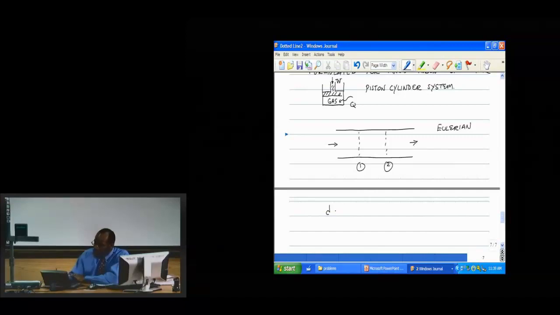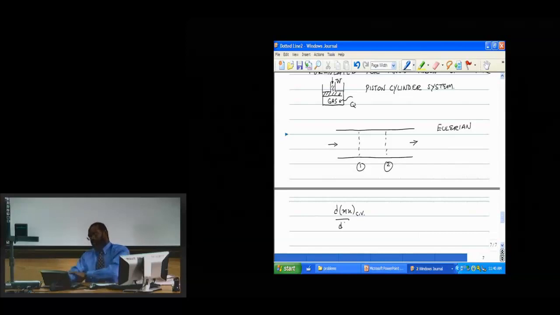All right, so the Eulerian representation of this is going to be d(mu)CV/dt